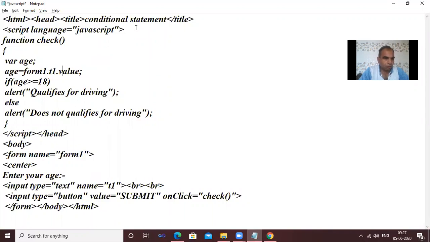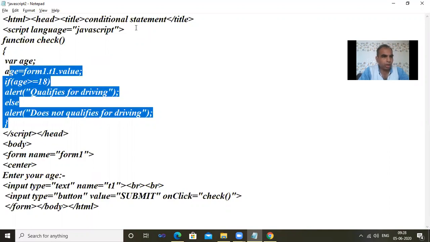That means form1.t1.value is assigned to age. We are checking if age is greater than or equal to 18, it alerts you qualify for driving. Otherwise, else, does not qualify for driving. This is the checking function for the age value.